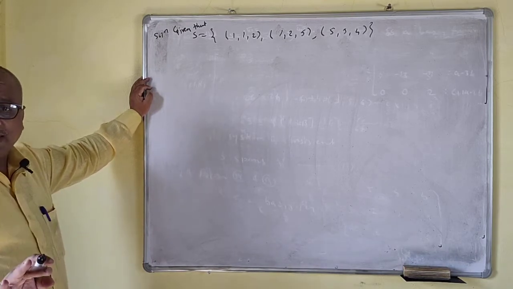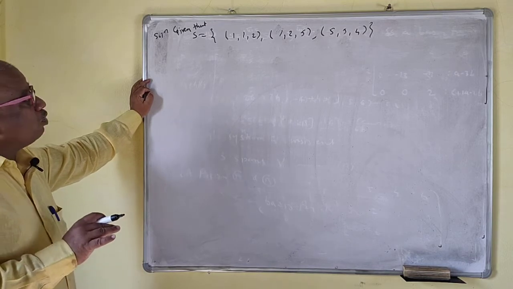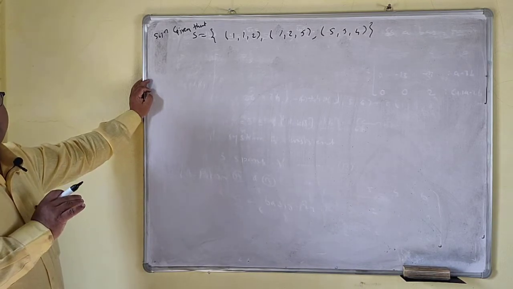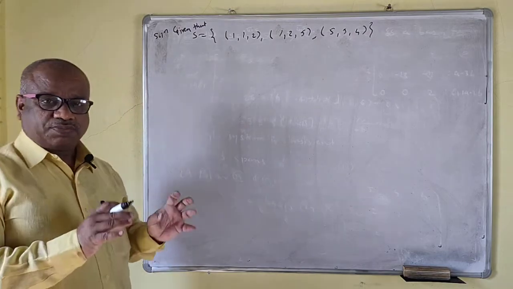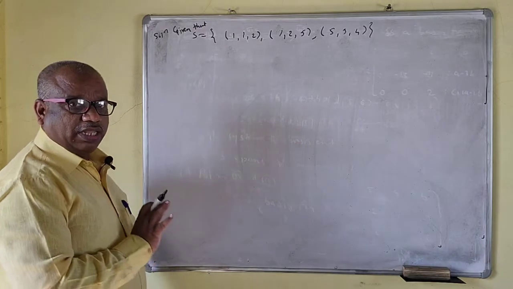We have to check whether it is linearly independent. This question is not "show that it is a basis." Okay, the question is not whether it is a basis or not. So that means we have to judge whether it is linearly independent and S spans V. So first we will do linear independence.